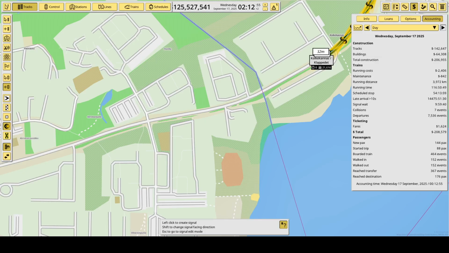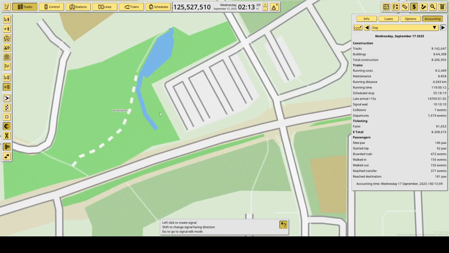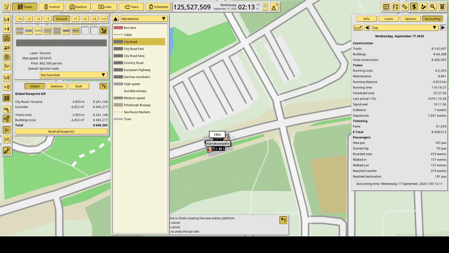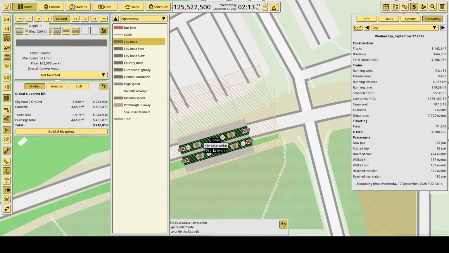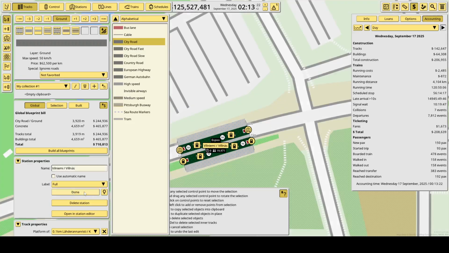After Kolkekannas, we will then stop at the stop called Vilniemi. Vilnius. There we go.